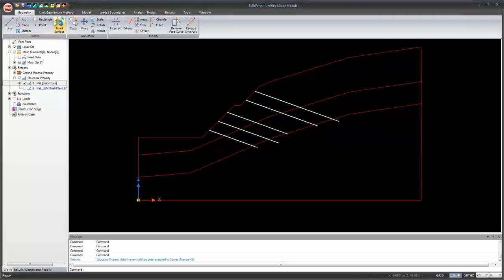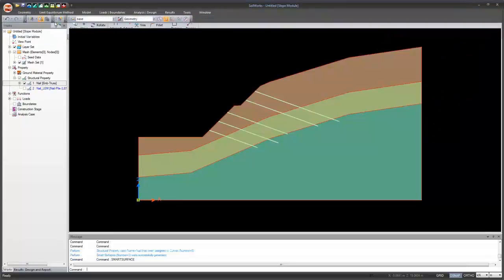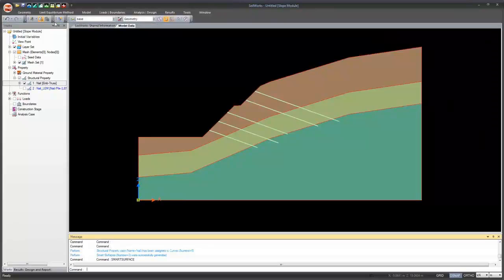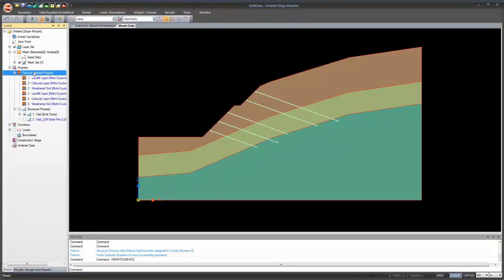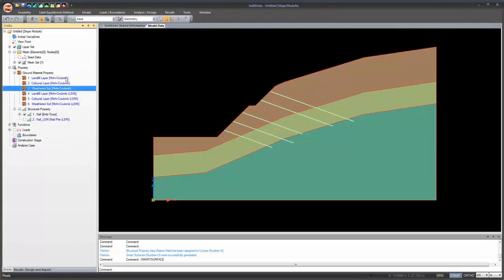You can see, as soon as you click smart surface, the surface automatically gets generated. So it is as easy as that. Now to assign the properties, once again, you can see there is the ground material property. We have 6 properties. Top 3 are Mohr-Coulomb, I will just expand it so that you can see it clearly, Mohr-Coulomb, and the lower 3 are basically